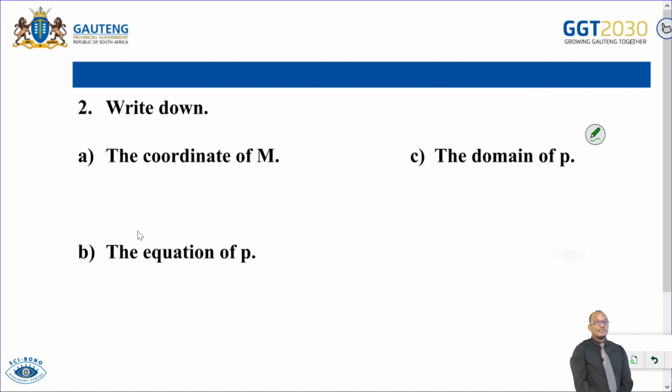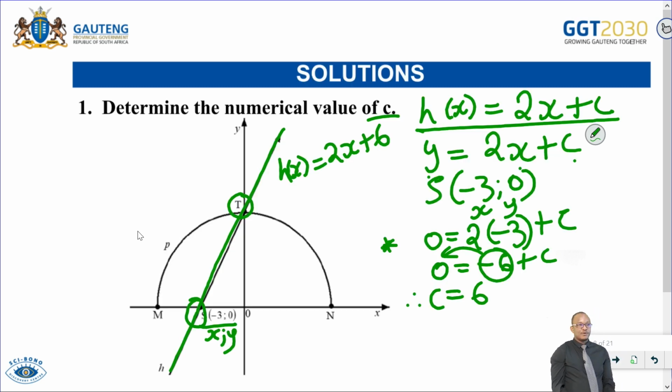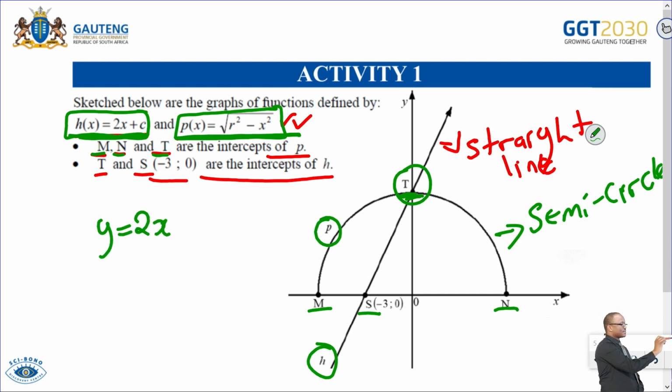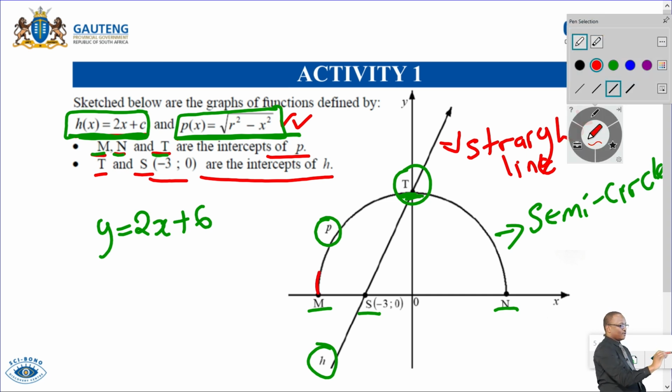So now, the next question is given that we must write down the coordinate of M, and we must also write down the equation of P and also the domain of P. So now, when we go back to our sketch, the original sketch, now we know what is our value of C. So it's 2x plus 6, correct? And now, looking at this graph of a semicircle,